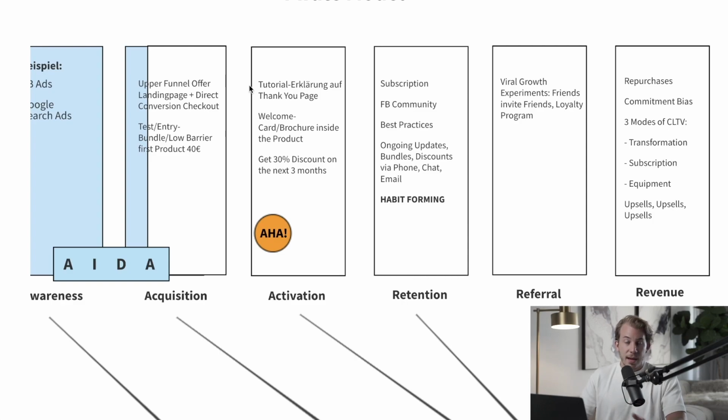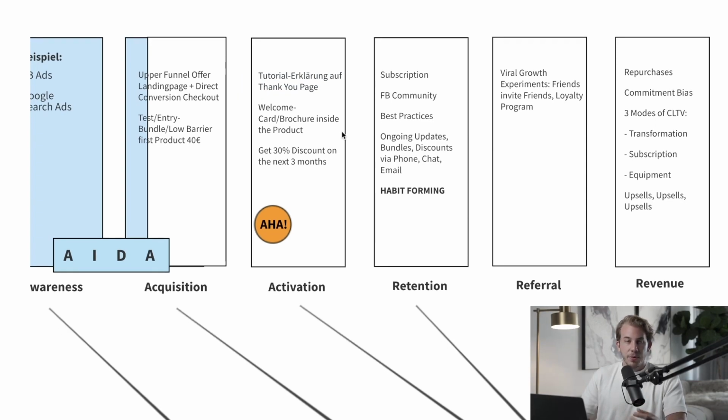In this time, you could, for example, prime the customer already for what he's about to experience. You could have a tutorial explanation on the thank you page, and inside the product once it arrives, or, if it's a digital product, once he opens the first welcome email,